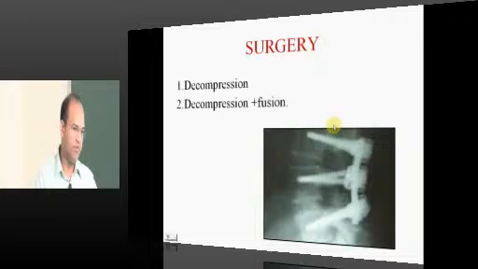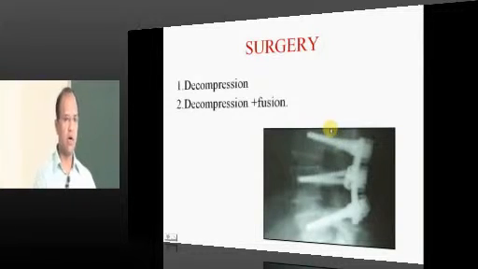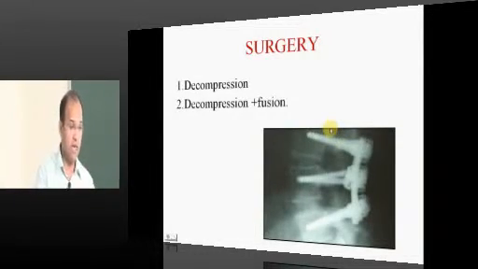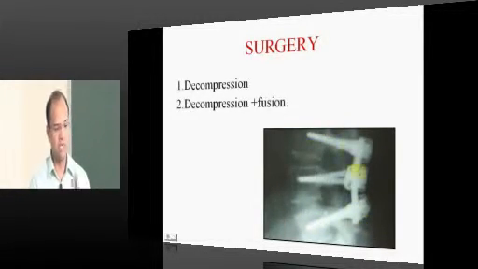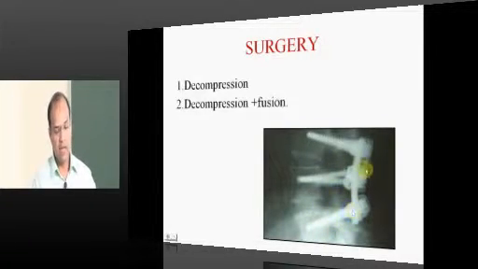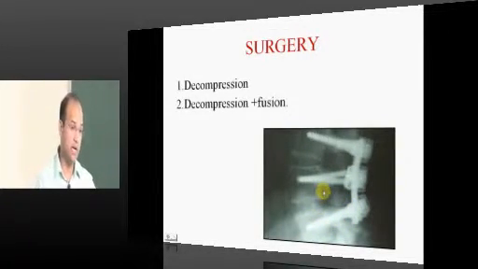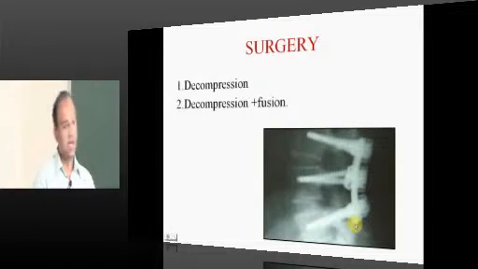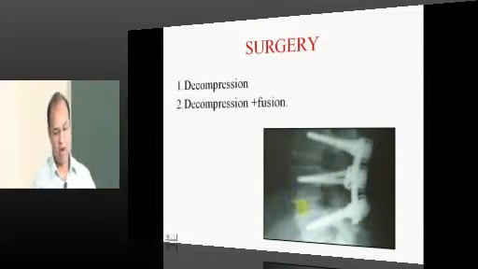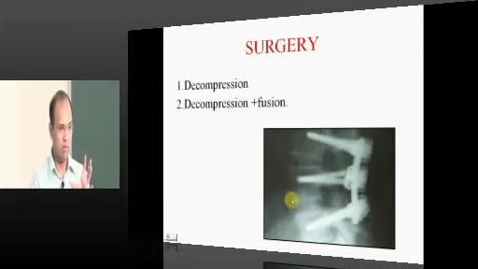Then if the listhesis is so much and it is causing problems because of instability not getting controlled with exercises and your belt, then you have to go for surgery and fix it. Don't rely upon the instruments, they can let you down at any point of time. Hence what you have to rely upon is fusion. Either you fuse the vertebral bodies by putting bone graft in between, or you fuse both the transverse processes or both the spinous processes: interspinous, intertransverse, interlaminar or vertebral body fusions. So that is to make the spine stable, right.